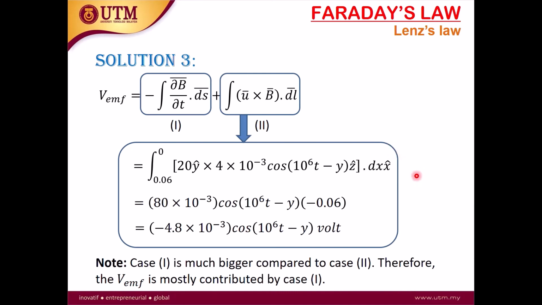When you solve this problem later on, you got your answer to be negative 2. How do you solve it? We have here the y cos z. So y cos z, you got x, right? But this is from bigger to small, so you get finally the negative value. So again, here the VEMF should be the opposite of what we labeled. As an additional note here, case 1 is much bigger compared to case 2. So therefore, the VEMF is mostly contributed by case 1. So the case 2 is not really affected